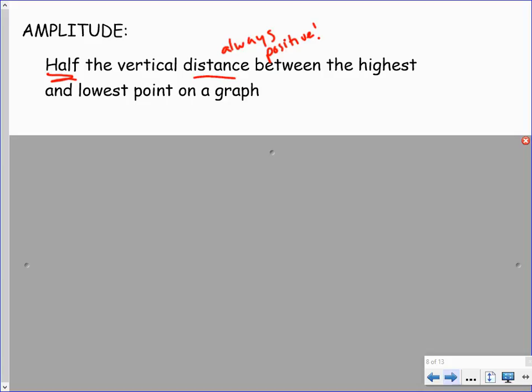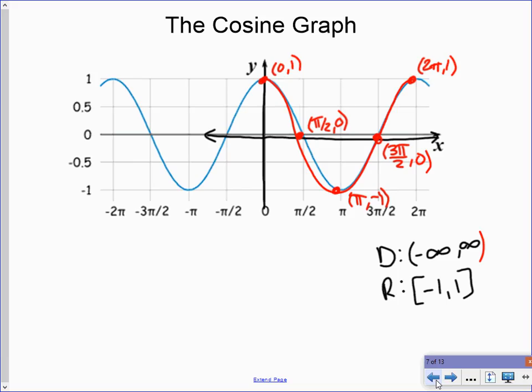It's always positive. I'm going to scroll back real quickly to the cosine graph, and we'll look visually at what amplitude means. So remember, amplitude is half the distance from the lowest to the highest point. So there's my min and my max. What's that distance from -1 to 1? 2, and so half of that is 1. So the amplitude